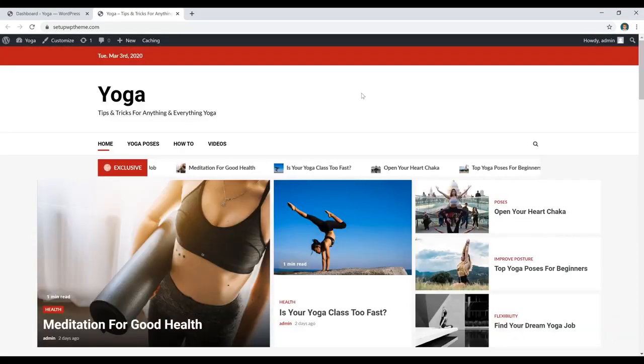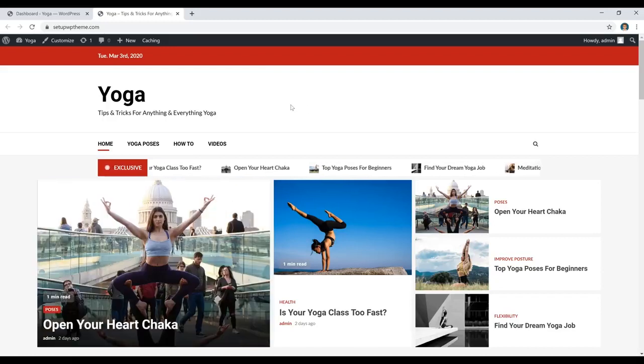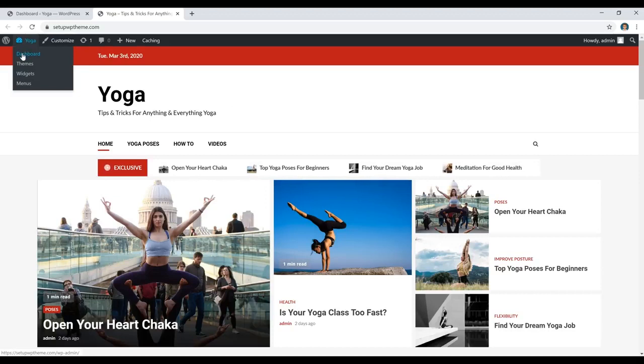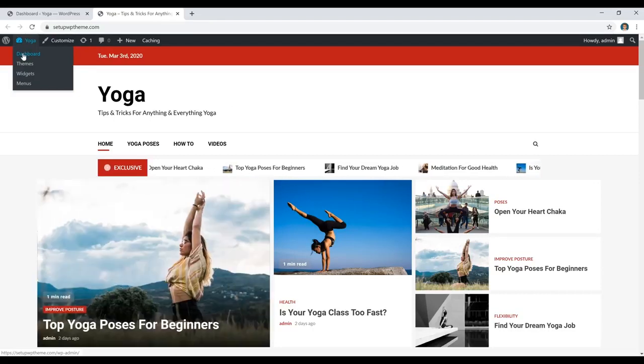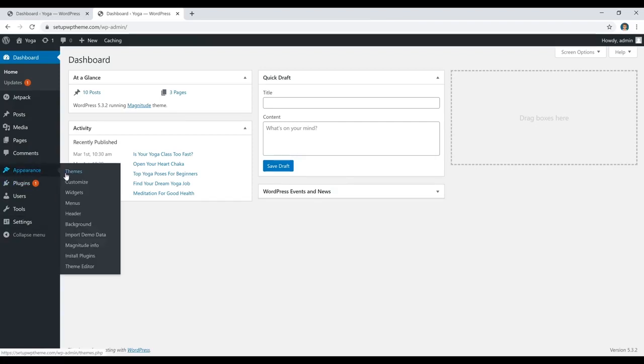So what we're going to do first is install our theme, and then I'll show you how to make your first post, how to add a featured image, change your website name, and all that good stuff. But first we're going to go back to our WordPress dashboard and install our WordPress website theme. So we're just going to go up here to the top and then click on Dashboard. Then once we get here, we're just going to go over to Appearance and then click on